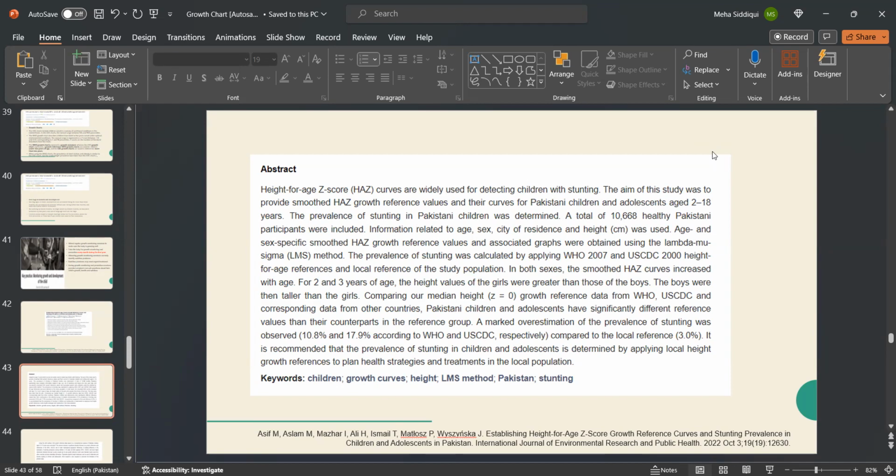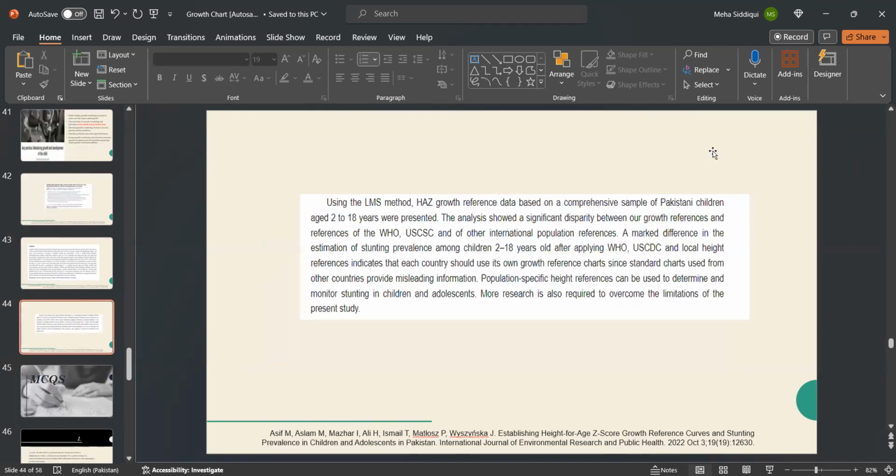Prevalence of stunting in Pakistani children was determined, and using the LMS method, height for age growth reference data based on a comprehensive sample of Pakistani children aged 2 to 18 years were presented. The analysis showed a significant disparity between our growth references and references of the WHO, US CDC, and other international population references. A marked difference in the estimation of stunting prevalence among children 2 to 18 years old after applying